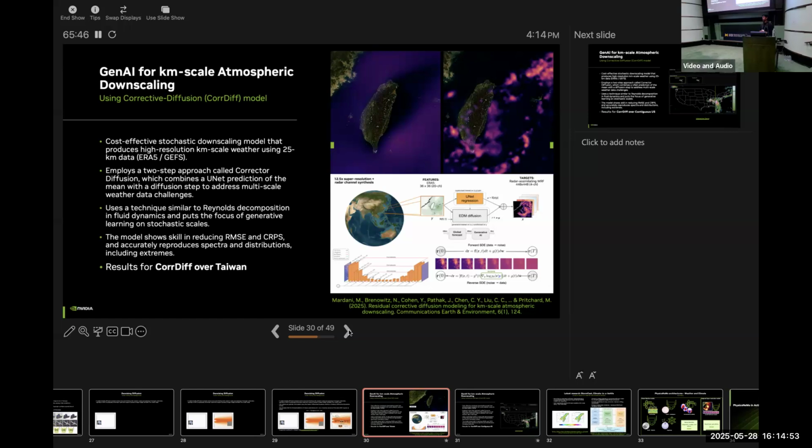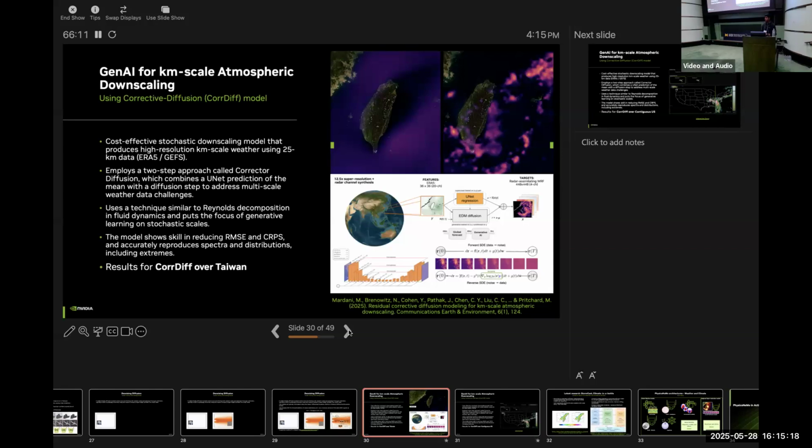So assuming you have a 25 kilometer by 25 kilometer grid and the data on that grid, you want to go to kilometer scale. And of course, a higher resolution forecast is much better because you can study the finer features in much more detail.